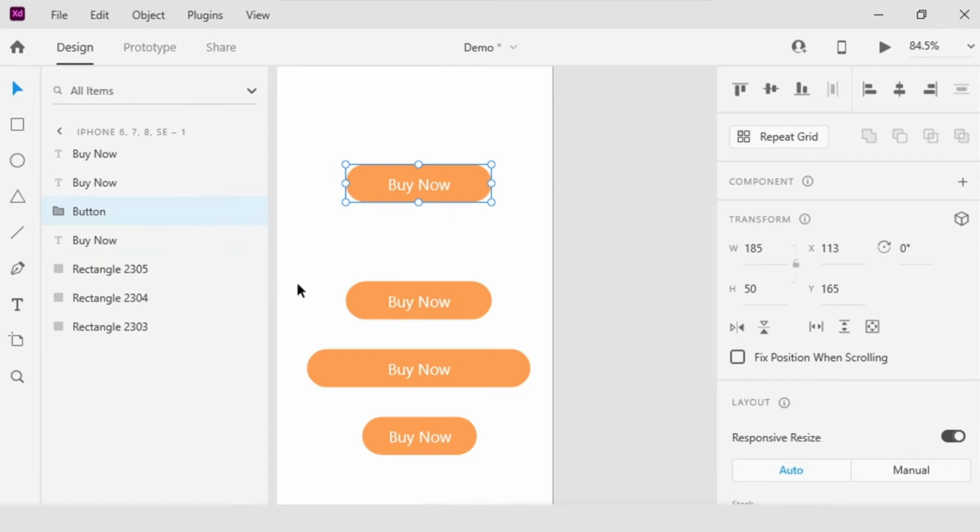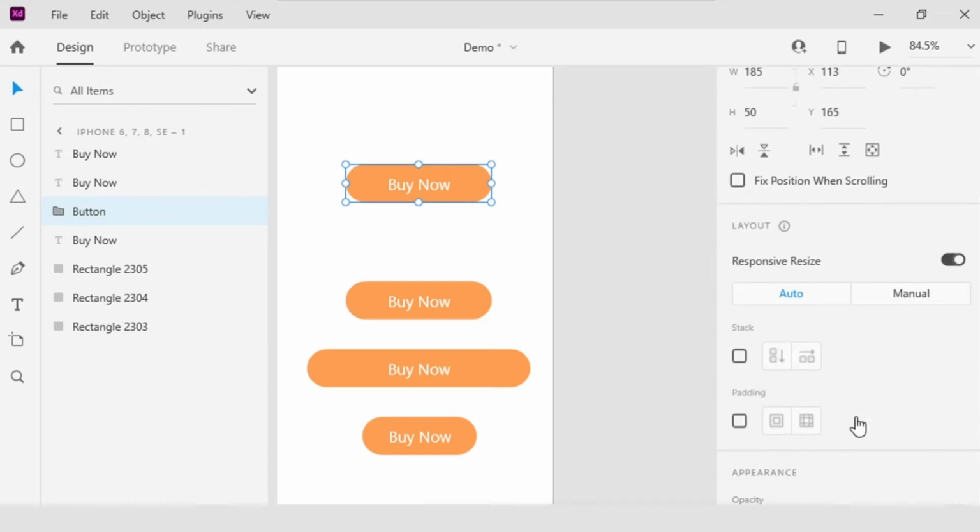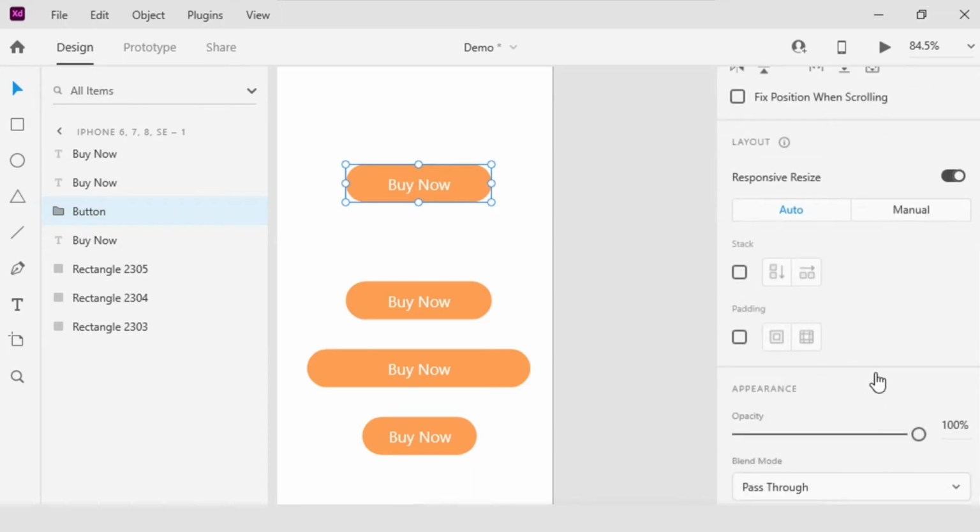So with the group selected, here in the properties inspector under layout, there is responsive resize, stacks and then padding. I am going to go ahead and check the padding checkbox, and an interesting thing happens. XD is going to examine the content within the group and look at any of the objects that sit on top of the backmost layer within the group.